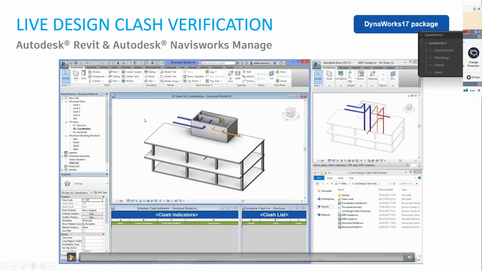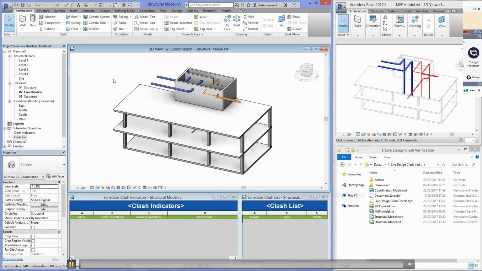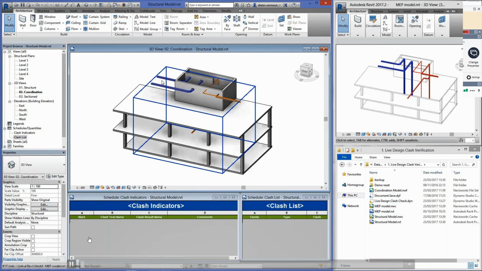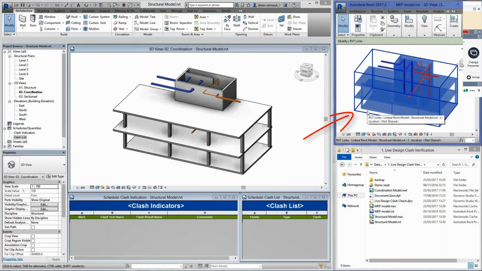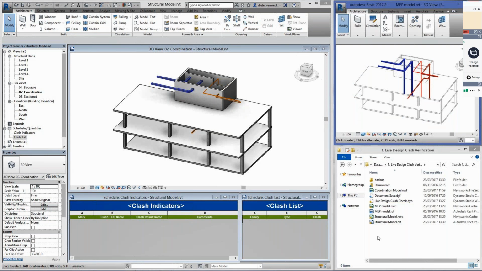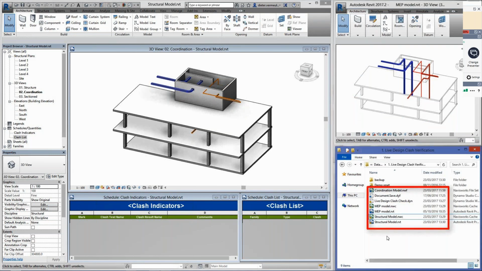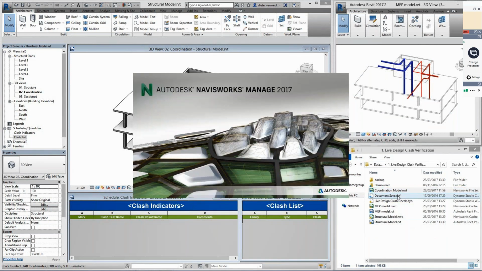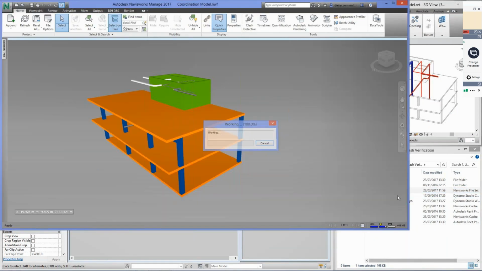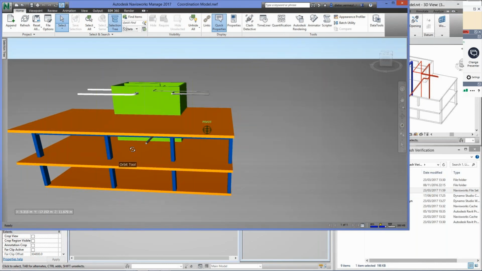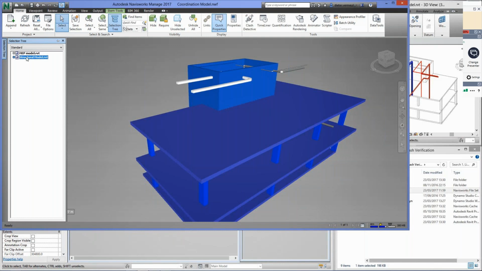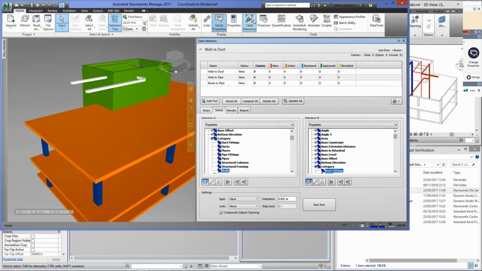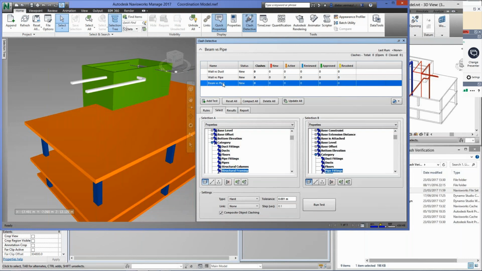Another use case, I believe some of you might have seen this earlier, but some of you who probably haven't, is where we can integrate Navisworks, Dynamo, and Revit to bring a little more automation in terms of our coordination workflows. So here, I can directly generate or identify my clashes within the Revit environment, and then develop viewpoints or specific views for each and every clash within the Revit environment.